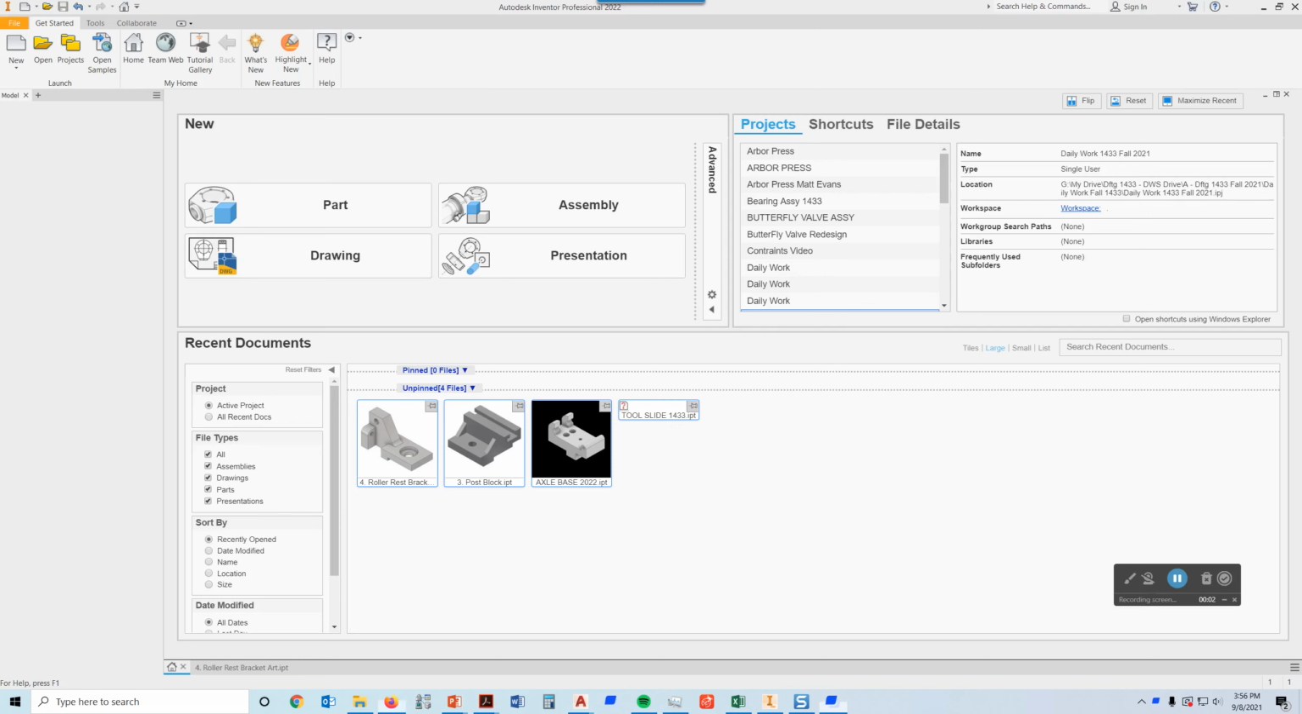In this video, I'm going to show you how we go about taking the models that we made in the first four assignments of DFTG 1433 and placing those into an Inventor IDW. Now, IDW is a drawing file, and this drawing file will have a border and a title block and all that sort of thing. So what your first step would be is to go over to Open, which is this